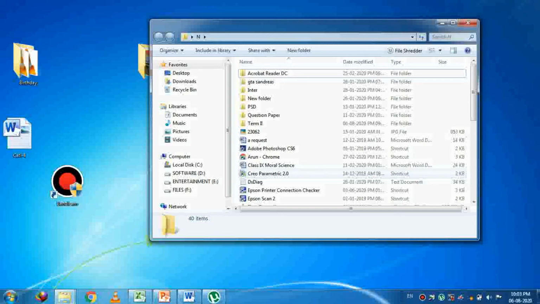Next one, Windows Touch. Windows Touch is like our same Android mobile. If you want to open an application, what will you do? You will touch on the application, it will open. If you are using a touch PC or tablet PC, you can touch the file to open. This is Windows Touch.